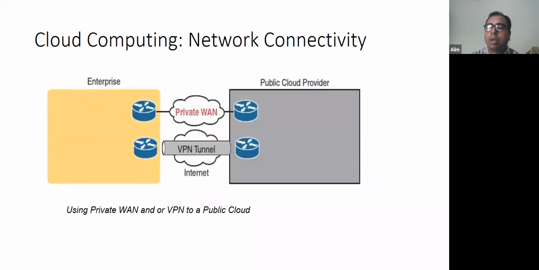So another option can be private wide area network, and VPN tunnel is another option over the internet. These two options are important to understand. You can establish a VPN tunnel over the internet using your on-premises router. You have a router in your organization or your enterprise. You can use this router or firewall at your end, and